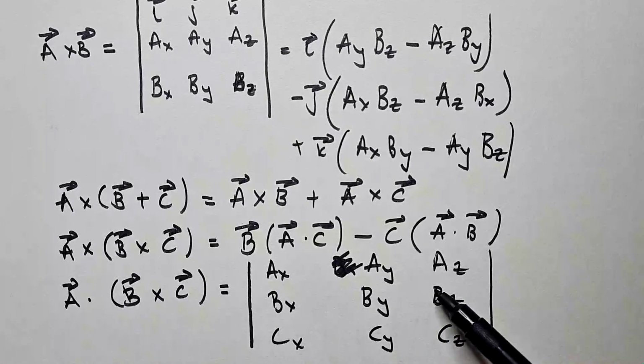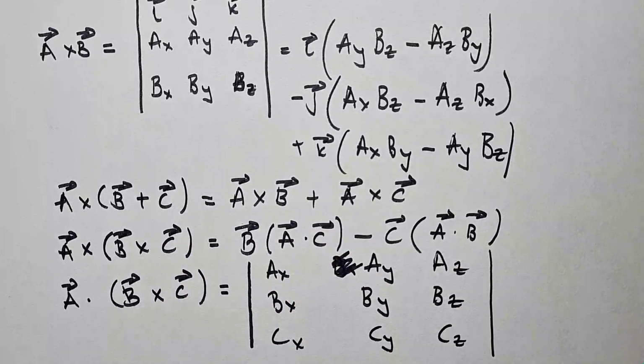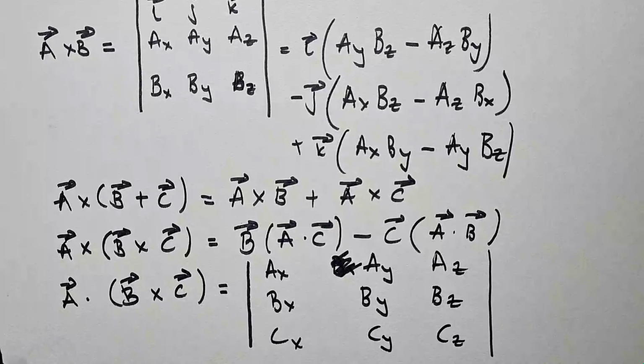And now I'm not going to calculate this determinant because it's the same principle as here, of course. That can be your homework. This is called mixed product or scalar triple product sometimes. Let's think about it a little bit. What does this represent geometrically? You will see, if you think about this a little bit, that the mixed product is the volume of a